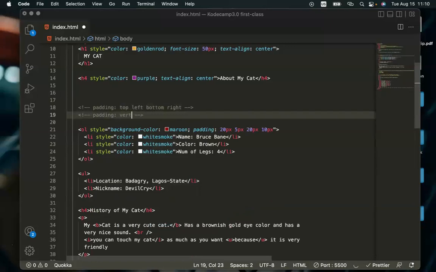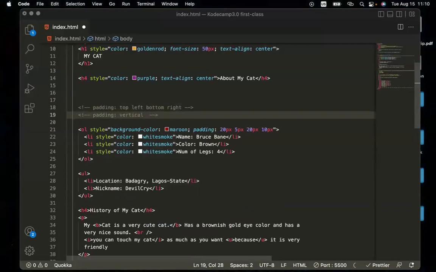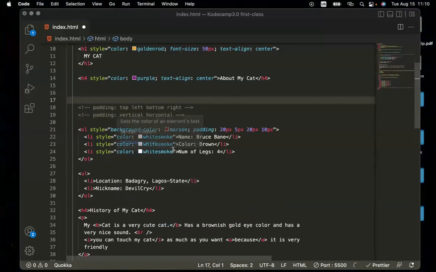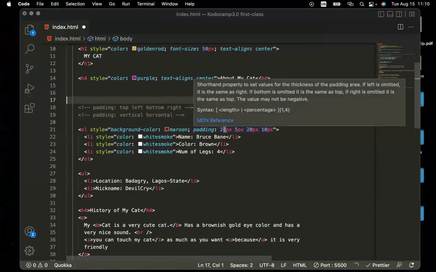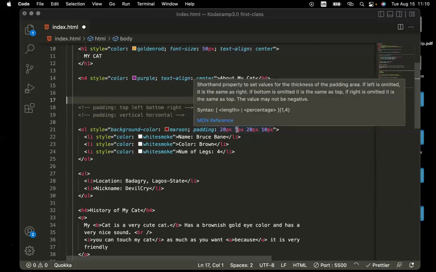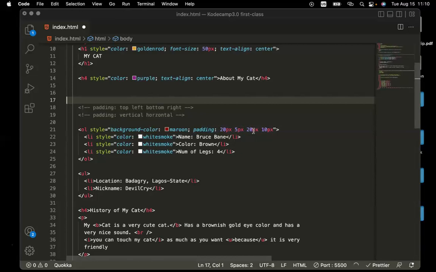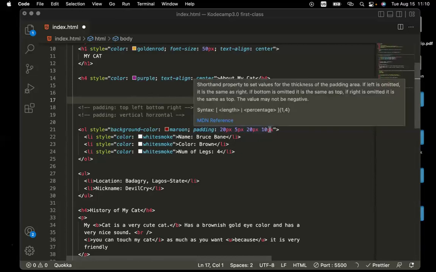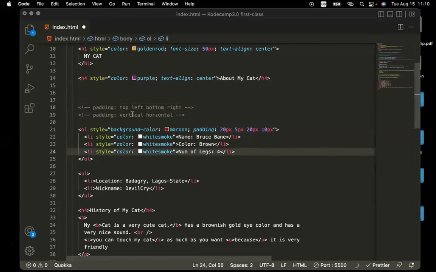Now we have vertical, and then we have horizontal. Vertical and horizontal. The first one, if you are using four, we have top. That means the first attribute is for top, right? Then the second one is for left. The third one is for right. And then, sorry, for bottom. And then the last one is for left. So that's just it. And then if you're using just two,